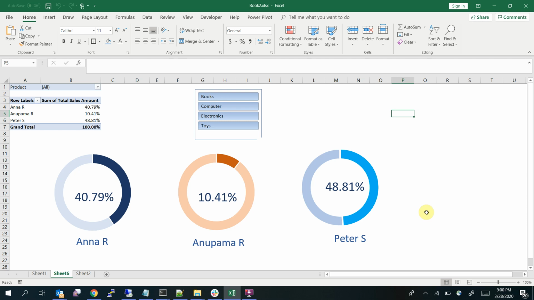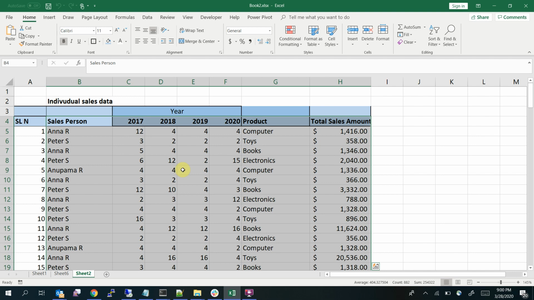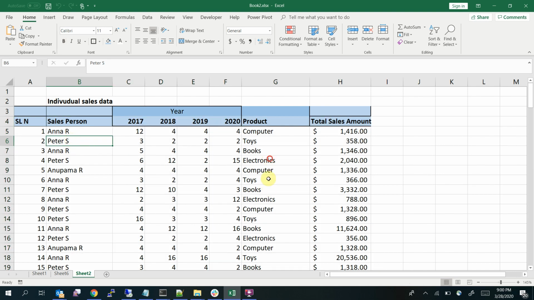Today I'm gonna show you how to create an interactive dynamic donut chart in Excel using a pivot table. So this is my end result. This is how it looks, and the data for this is sample sales data with the salespersons, products, and the